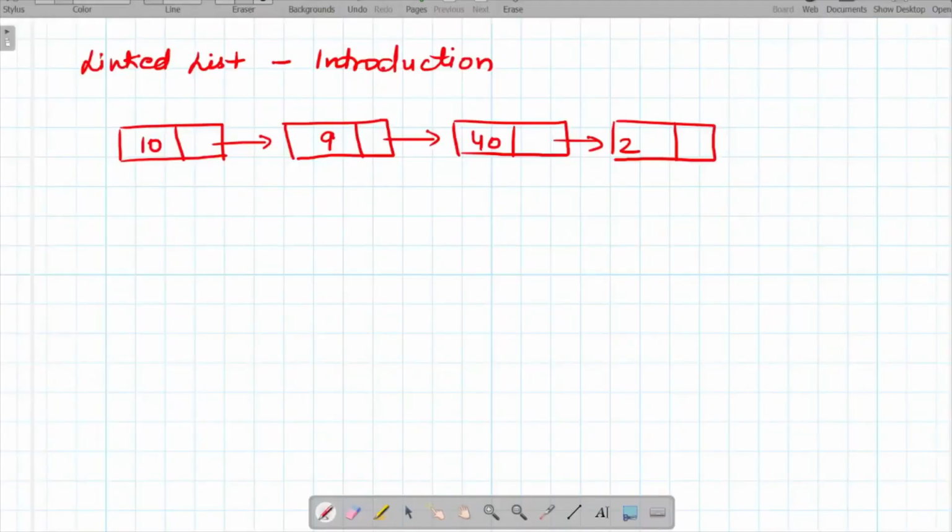So hello everyone, in this video we are going to see the introduction to linked list. This is the first video of the entire playlist of linked list, and initially 1 or 2 videos will be the simple introduction and traversing related videos of linked list, and then we will take the problems one by one. So in this video what we are going to see is the introduction of a linked list, like what is a linked list